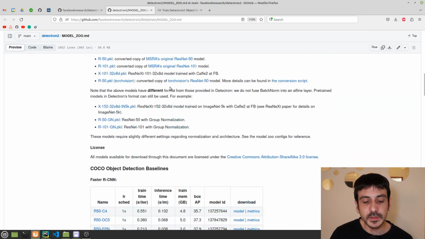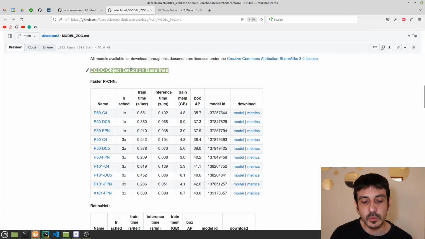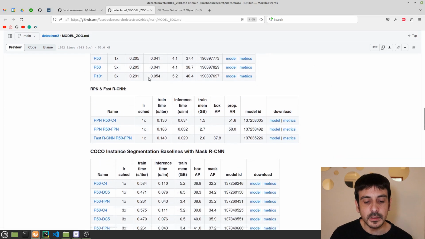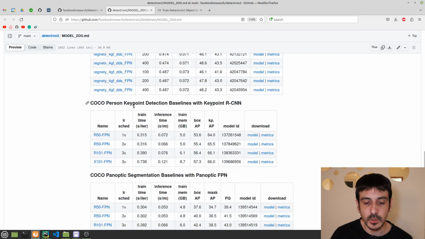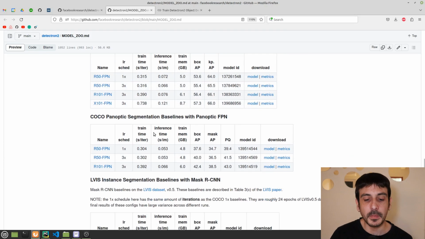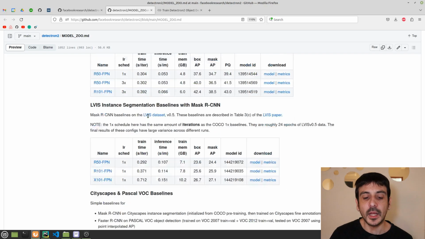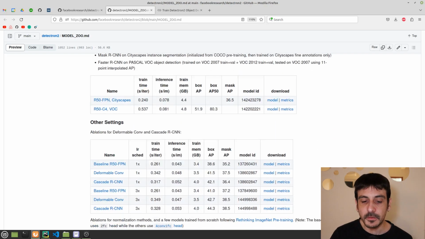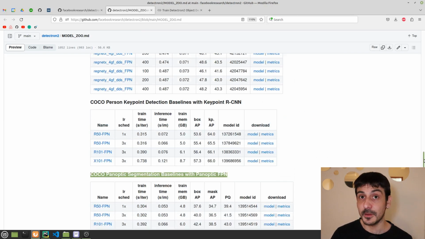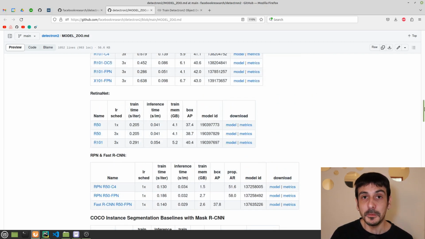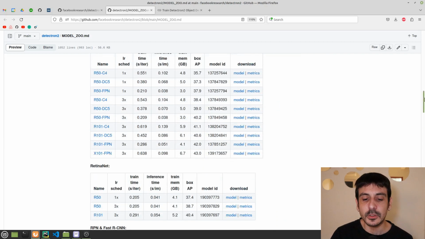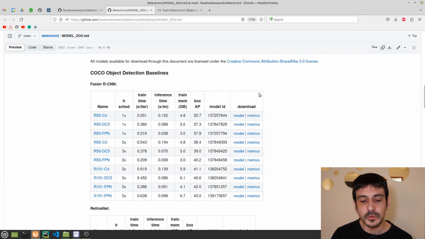If I scroll down, you can see that we have many different sections. For example, here we have a section which is COCO object detection baselines. Then we have another one for instance segmentation. We have another one for keypoint detection. Then panoptic segmentation, and so on, right? We have many different sections for all the different types of algorithms. You can see that we have many models, many architectures, many baselines we can choose from.